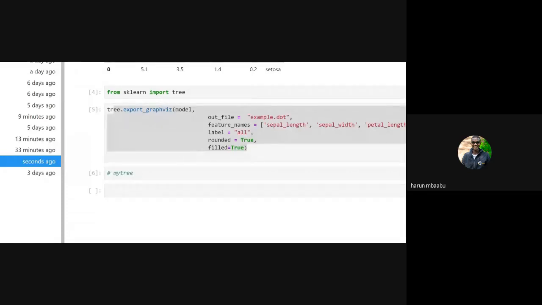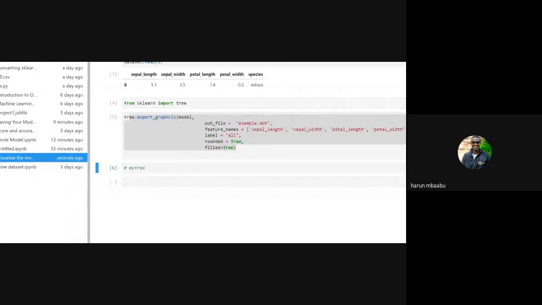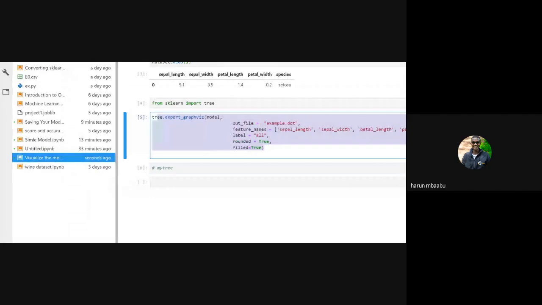So one thing I can do, I can try to run my tree here so that we can look at how it appears. So I can just define a variable here, my tree. Using the shortcut, I run it.